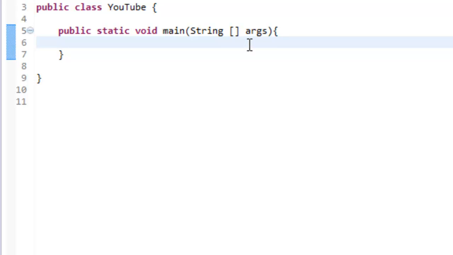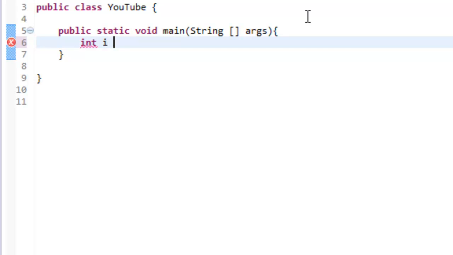Hello everyone, so today we're going to be going over while loops in Java. While loops are going to be really easy if you understand if statements from the previous tutorials. It's basically just doing an operation like an if statement, but for as long as that if statement says that something is true. So we'll start out creating an integer